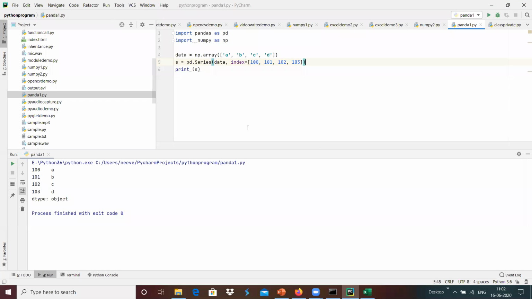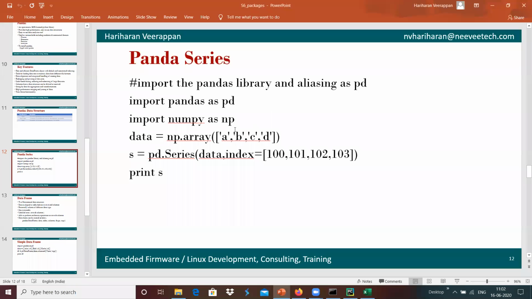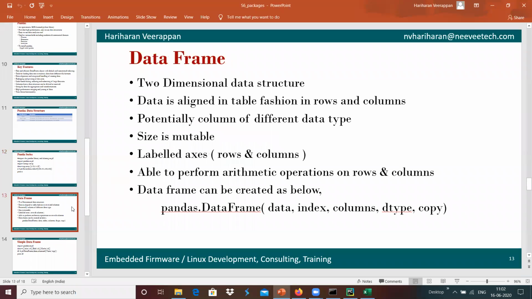The same way we can do the definition of the data frames. A data frame is a two-dimensional data structure, and data is aligned in a tabular fashion with rows and columns. Each column can have a different data type, the size is mutable, and it can be labeled with axes for rows and columns.